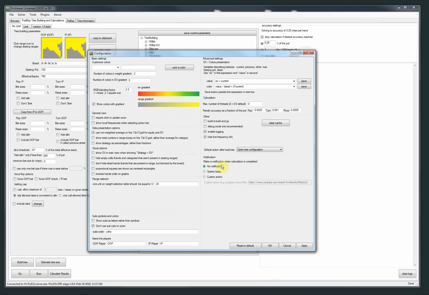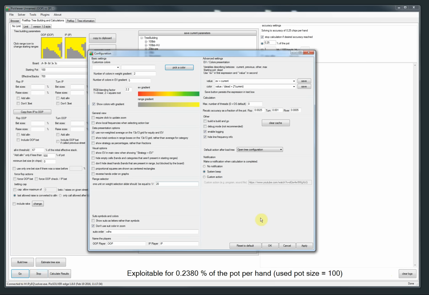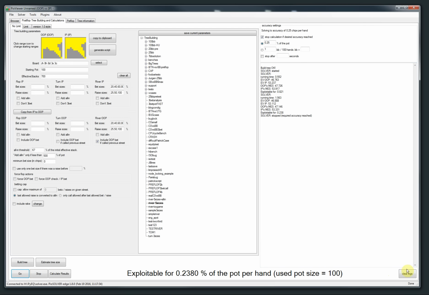First, you can use no notification. That's default as before. You can use system beep. So let's try it. There was a beep. I'm not sure if you have heard that, but there was one. And another is that you can also use any program that Windows can open, that includes, for example, YouTube links. So if you do that and go, you will see